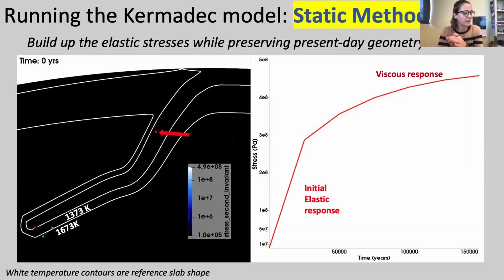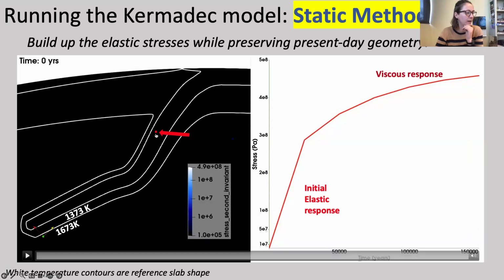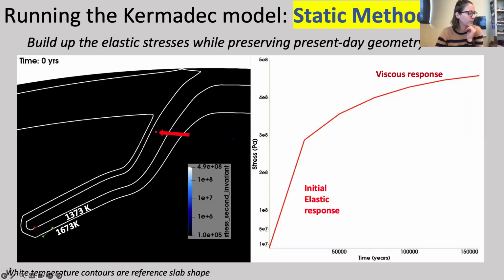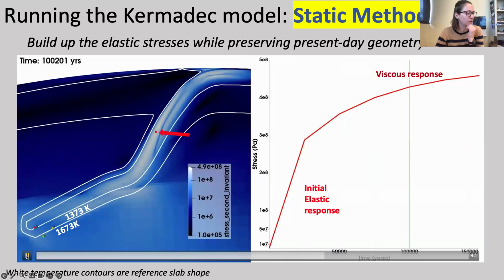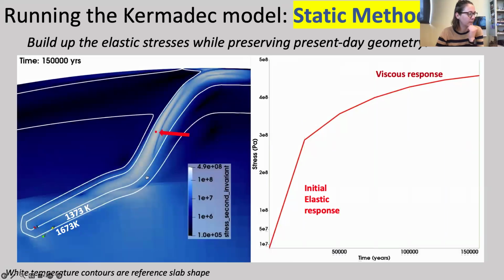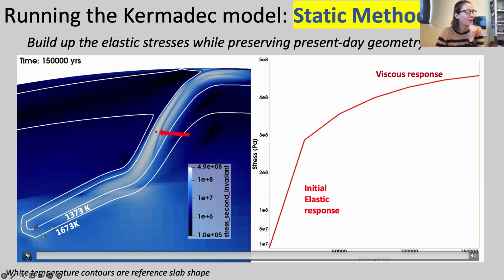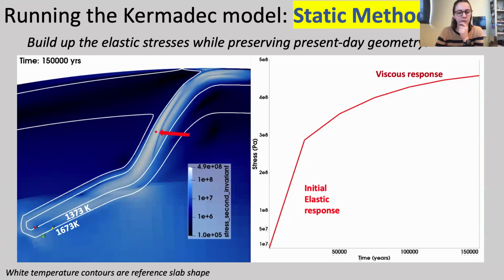And then on the right-hand side is the evolution of stress for this red point in the middle here. So as this model runs, you see the stress field evolve. I'll play it again since it's very quick. The white is the highest stress and the dark blue is the lowest stress. And so we get this nice viscoelastic stress buildup and we get a well-resolved stress field in the end. So that's what the model looks like as it actually runs.